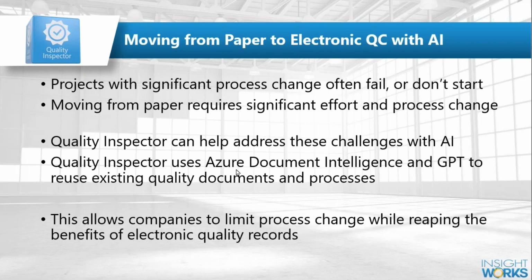It's a lot of work to get people to move from paper to electronic. There's a bunch of setup work, there's a bunch of process change. The guys on the shop floor are used to writing stuff on paper, now you're telling them to type things in, like holy moly, that's never going to work. So what we have within Quality Inspector and Asset Maintenance and a few other things is the ability to either fully or partially retain your paper-based processes while still getting the value of that electronic data record.